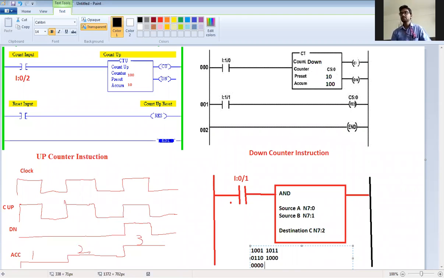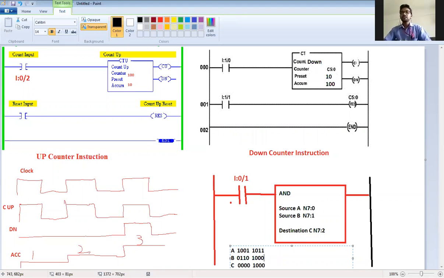So like this 1 0 0 0. So this is in A, this is in B, and the result will be this.